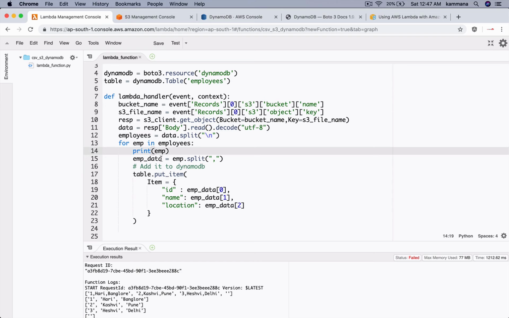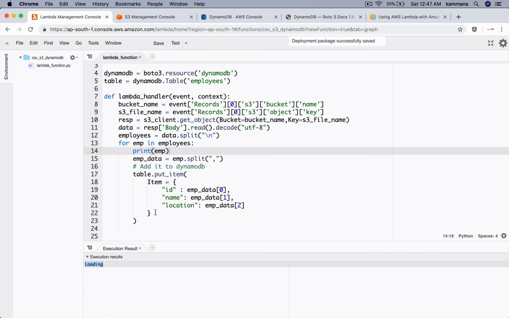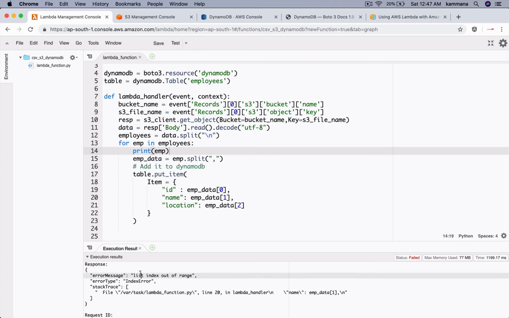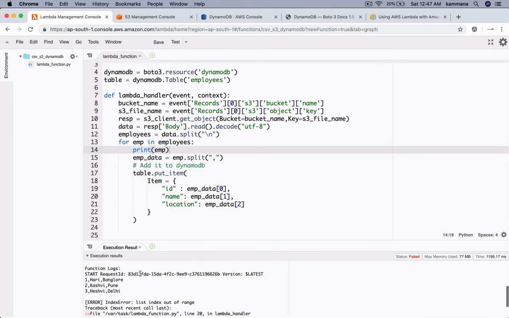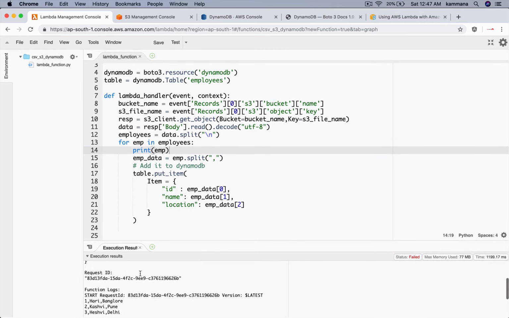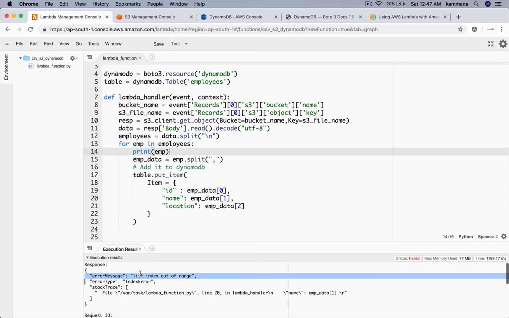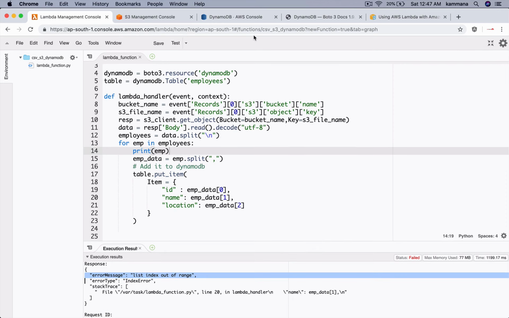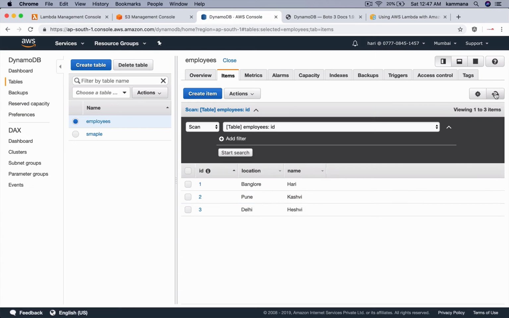Let me rerun the code, save and test. So we still have some issue: index out of range. So I see the records are getting inserted properly,